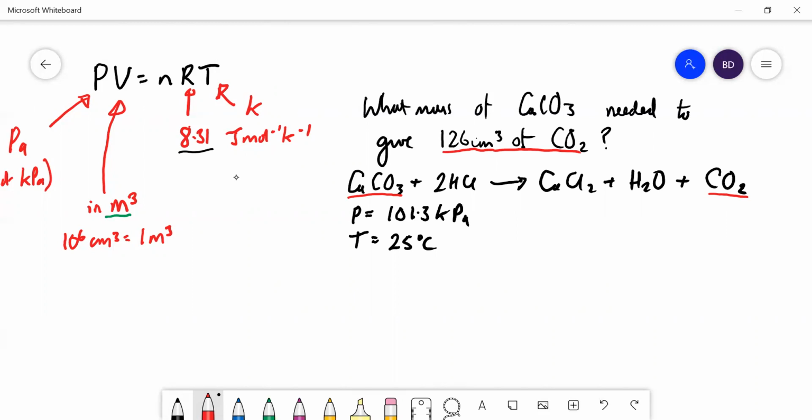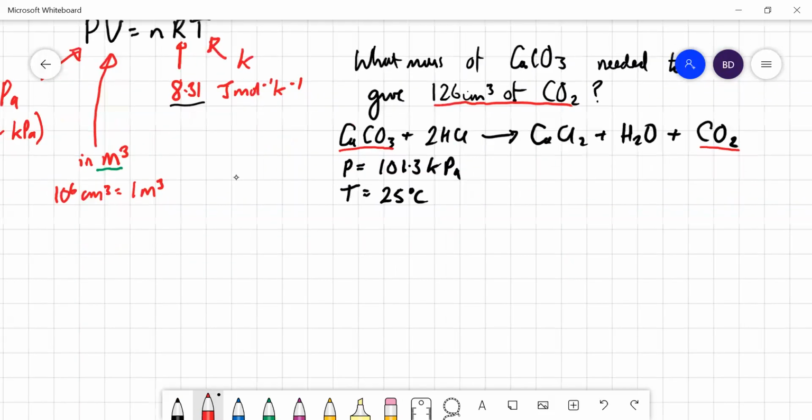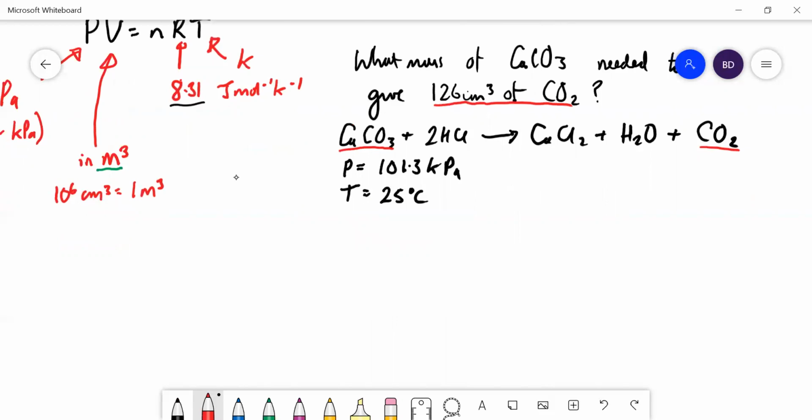So if you want to do it yourself, pause the video and see if you get the right answer at the end. So right, here's our answer. We need to rearrange PV equals nRT to give us n. So n is equal to PV over RT, which is